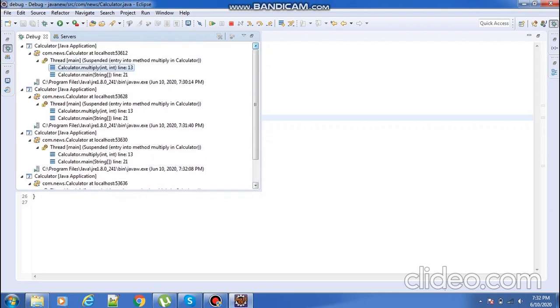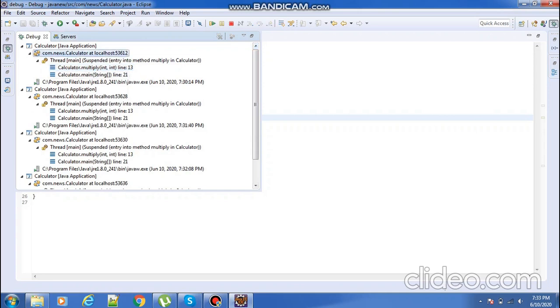So debugging means checking whether we wrote our code correctly or not, and what defects are available in it. So just for checking purposes, we have to debug the program. Other than this, there is nothing more about debugging. So this is a very basic idea about debugging. Where is debugging used? Whenever you are doing very big projects, we use debugging to easily identify defects.